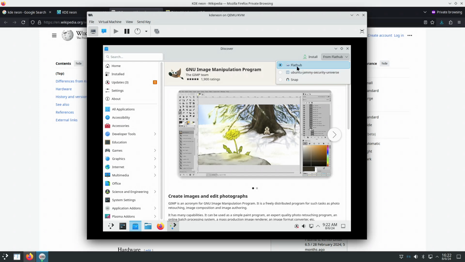Why would it select FlatHub? So the priority should be, I'm not exactly sure, or maybe keep the last setting of the user. If the user last time has installed from Snap, then keep Snap the default. Not sure. So let's go for FlatHub, Flatpak, and install